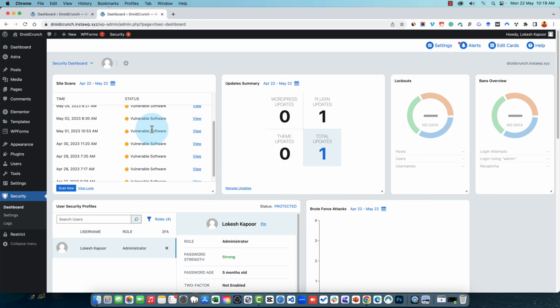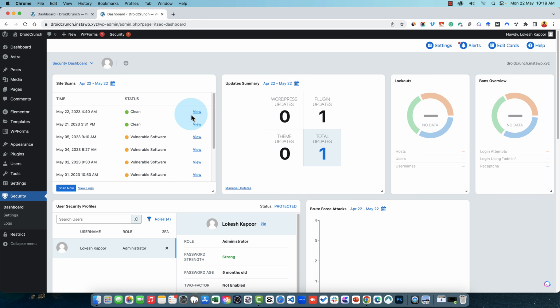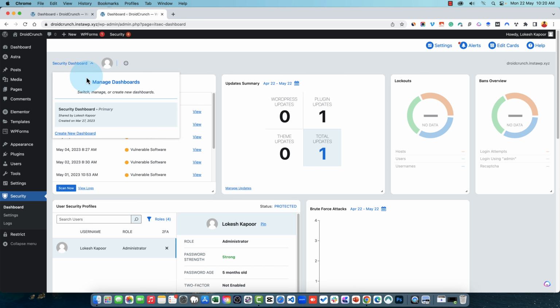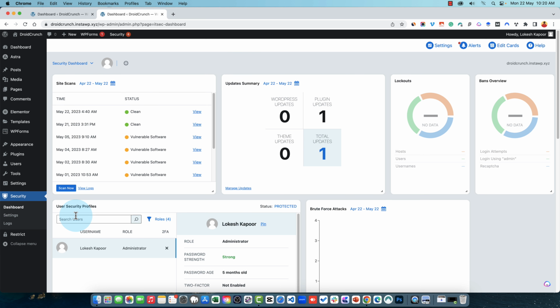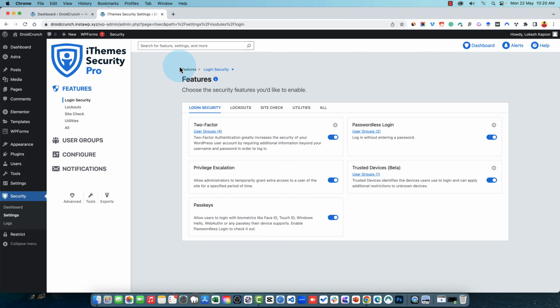So here is a dashboard. On the first installation you will be redirected to a walkthrough, and after setting up all the settings you will be able to see this dashboard. But that's not the case. You can anytime create more dashboards, so we can start from here. So in the settings tab, from here or from here, you can manipulate all the settings and of course access